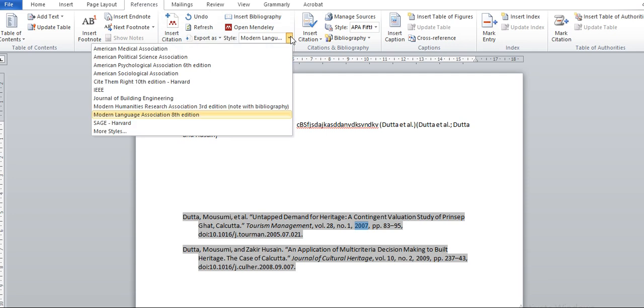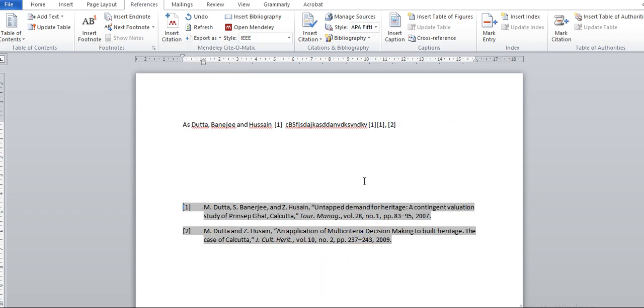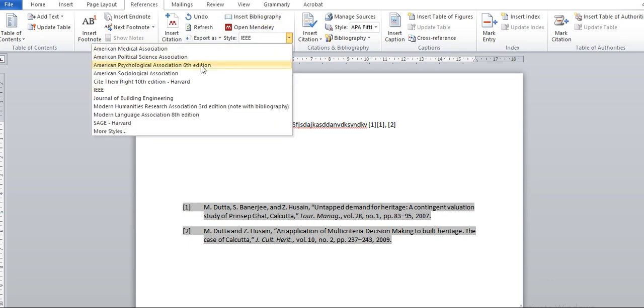Then there is another style called Chicago style. It's not giving here. I'll have to download it. So now look at this, IEEE. IEEE again, the year has moved, right? If you remember the last style that we looked at, MLA, this year was coming somewhere after the title. Now it has moved to the end.